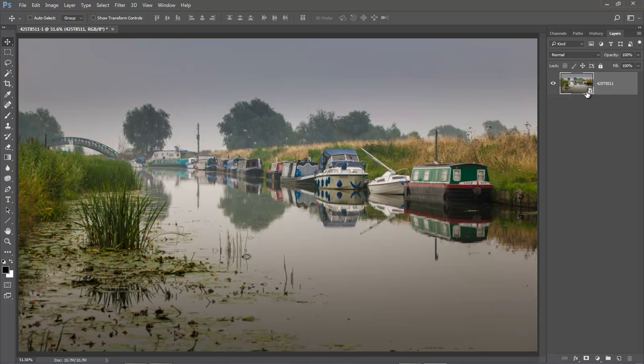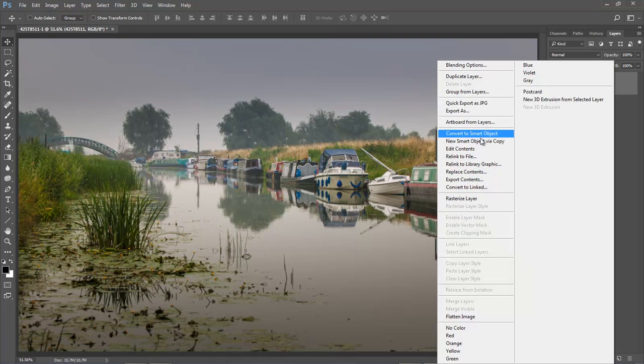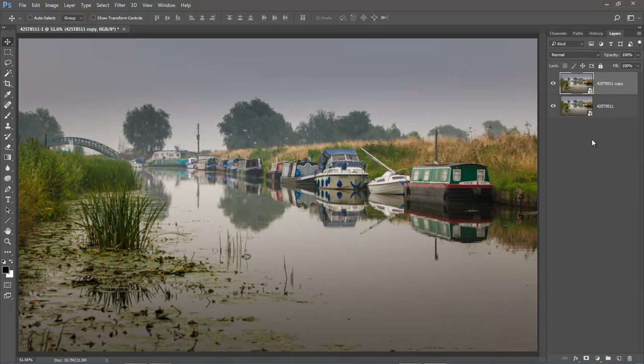We also have a degree of flexibility, of course, because we have a smart object here, but I still like to actually have one original up my sleeve. So I'm going to right click and make a new smart object via copy. We'll leave this one sitting at the bottom of the layers for a moment. This is the one we're going to open up into our filter pack. Here I'm going to use Topaz Impression filters. So I'm going to go to my filter drawer,